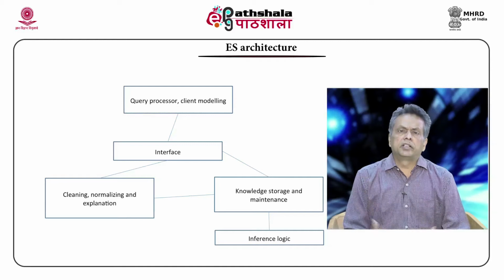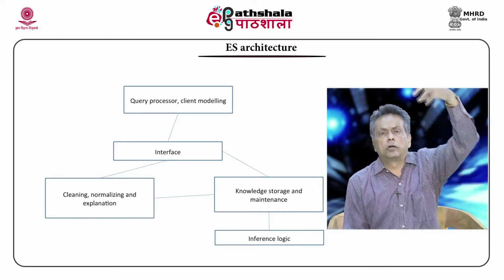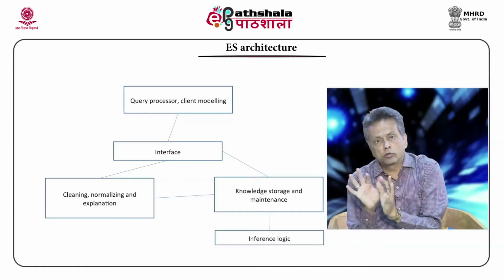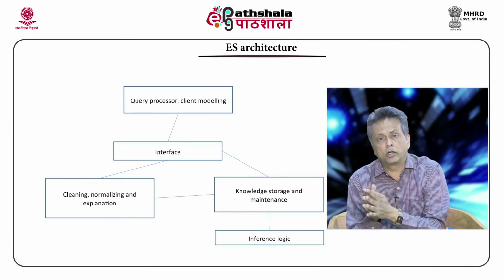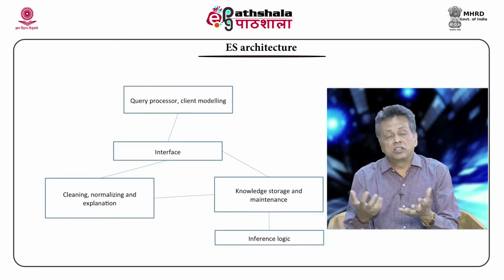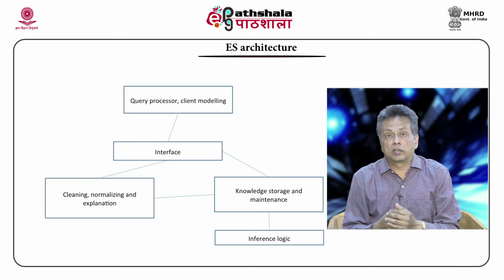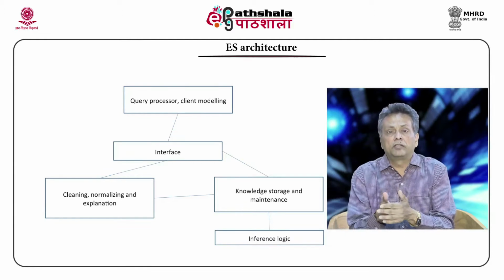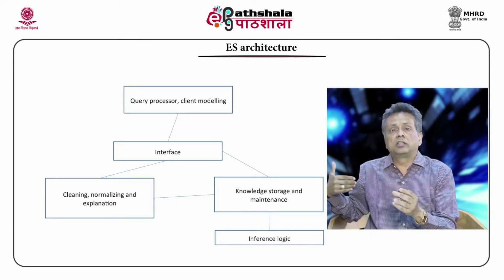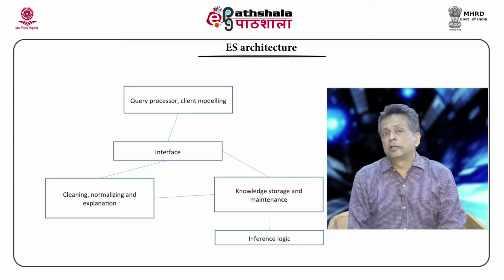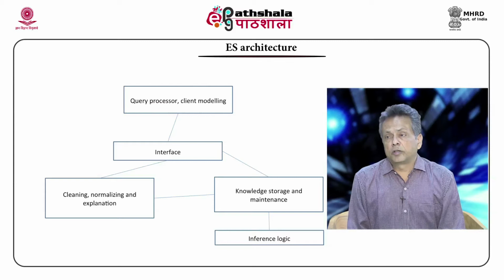The architecture basically contains a module or a component which interfaces with the client, something which is required to store and infer from the knowledge, something which provides an explanation facility, something which processes that knowledge. And it is very important for you to understand that the processing requires entry of the knowledge itself. How an expert's knowledge is distilled into the knowledge representation structure is also a very critical part of an expert system architecture. We will be looking at all of these things in this particular module.